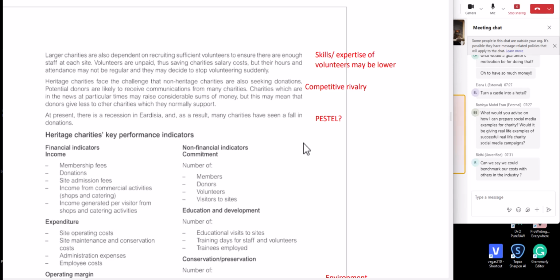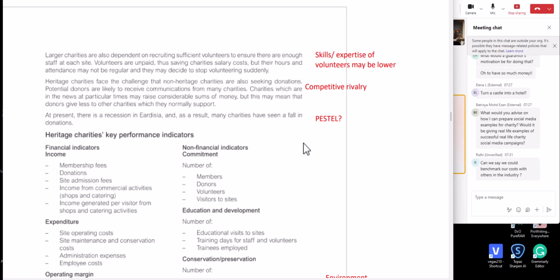So again, could they ask a Porter's Five Forces? It would be a bit weird, but potentially they could ask it. There's a recession right now. So I was just thinking, one thing they haven't really asked about is a PESTEL question,